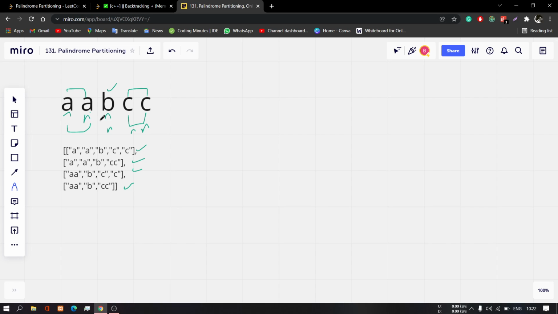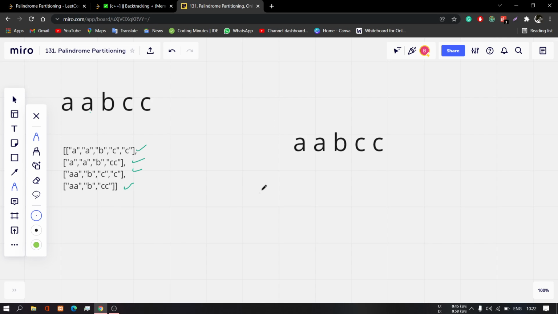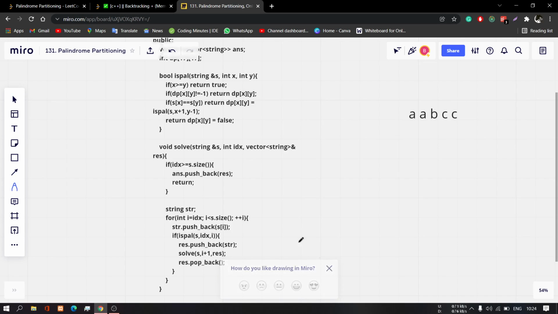So how to do it? First of all you need to iterate over all these elements. I have created these two functions: this one for checking if it is a palindrome or not, and this is a recursive function to partition all the elements if it is a palindrome.